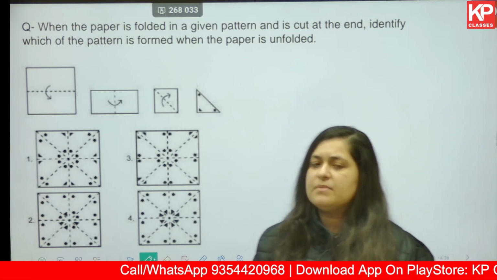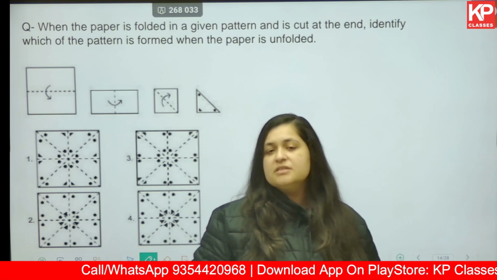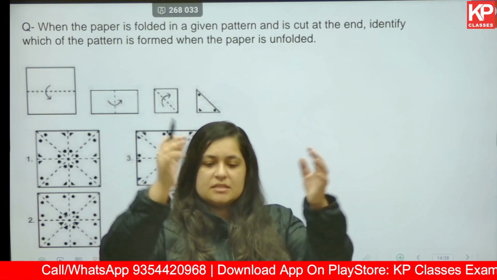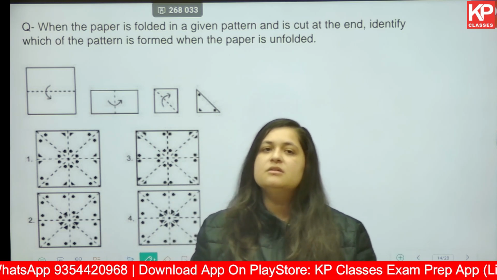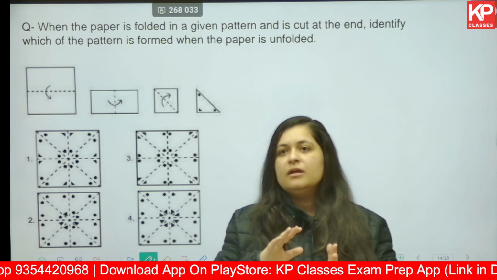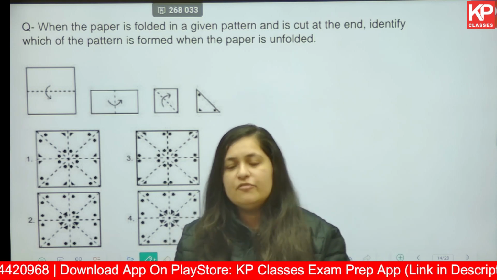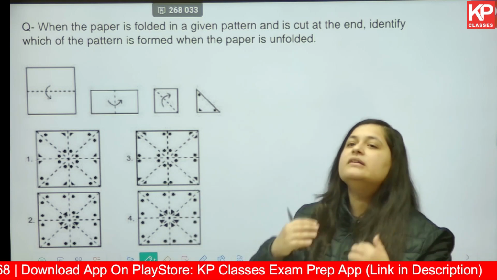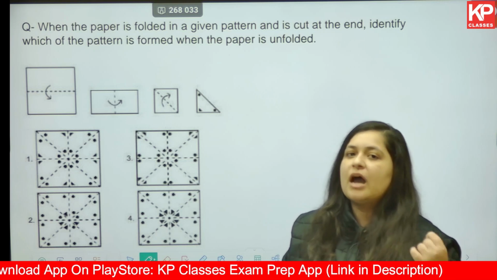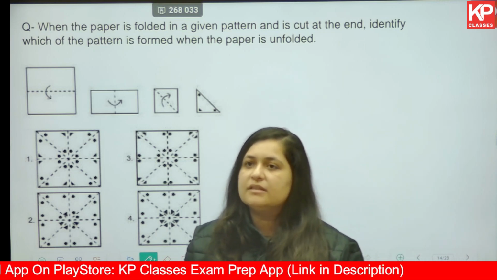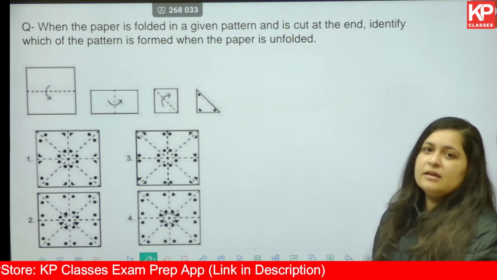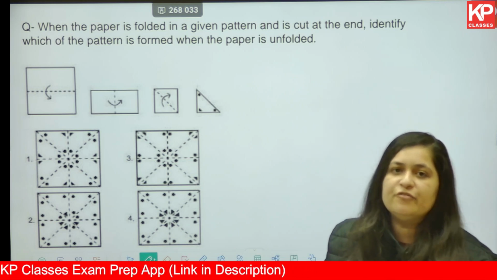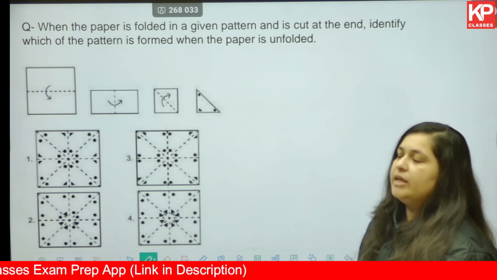Not a lot of experimentation is done in these kinds of questions. There is some shape, either a rectangle or a square or a triangle or a circle, which is folded either once or twice or thrice or 4 times, and then some void is created in that. So after unfolding, how will you be able to see the revised image? This is usually what is asked. Again, the key is to observe each and every difference and each and every element very carefully.